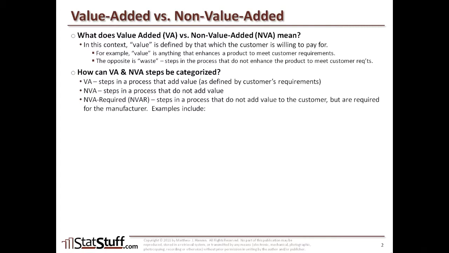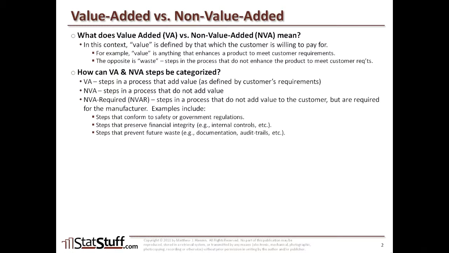Now, there is another one that's non-value-added but required. These are the steps in the process that don't add any value to the customer, but for some reason they are required for the manufacturer, or they're required as part of the process. So here's some examples. Basically, any step that might help the process conform to safety or government regulations, or any step that might help preserve financial integrity, like internal controls, or any step that might help prevent future waste, like if we're doing documentation or audit trails. All those things that maybe the customer is not willing to pay for, it's not a part of the requirements,